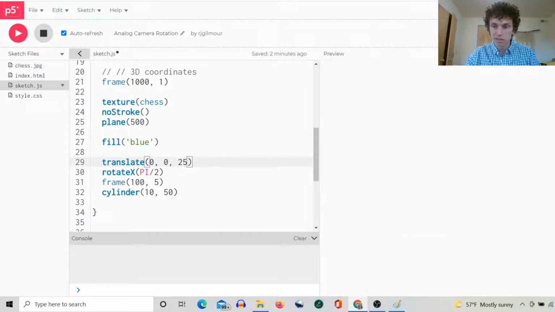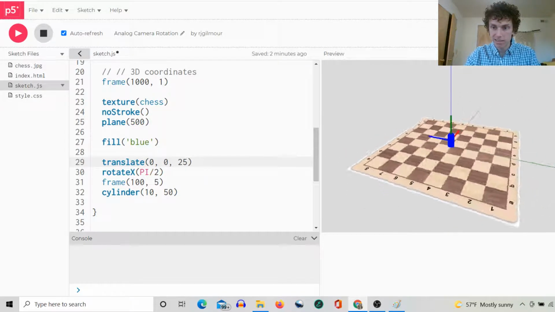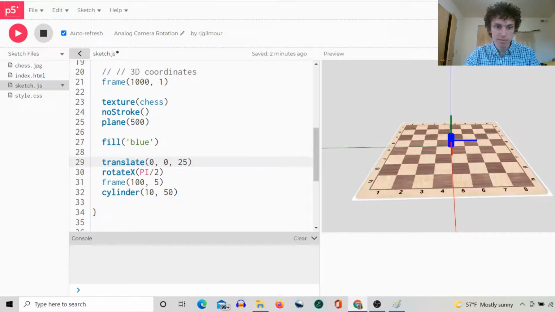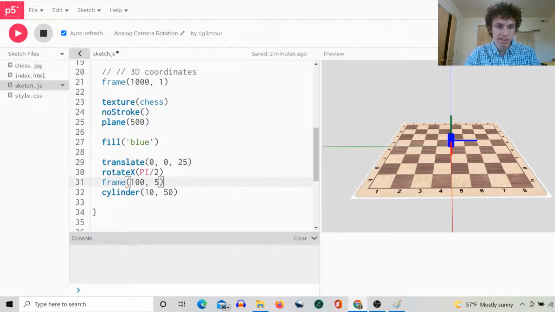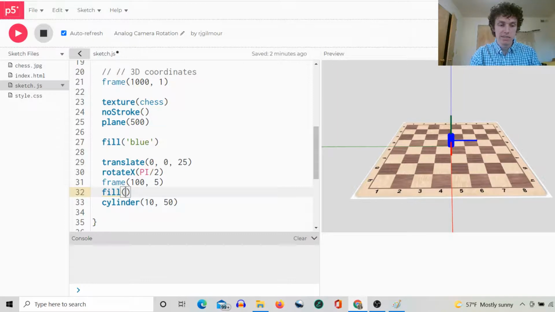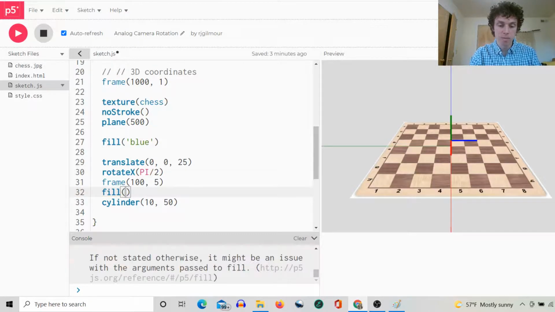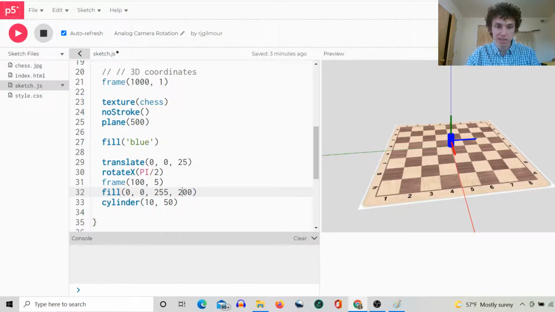Actually, we need to go 25 so that it's flat against the bottom. And then another thing I like to do is give it a fill with some transparency. It can be kind of nice to